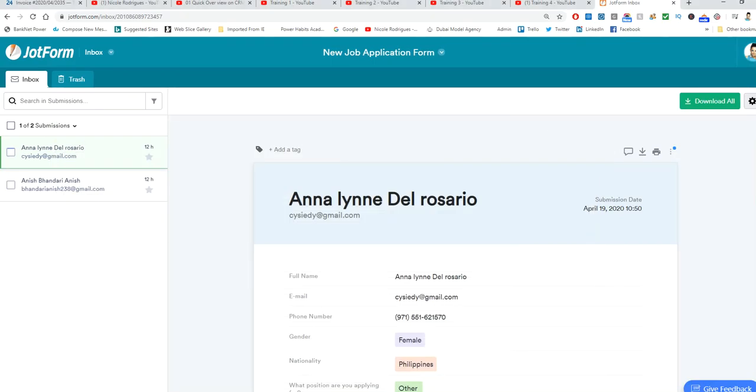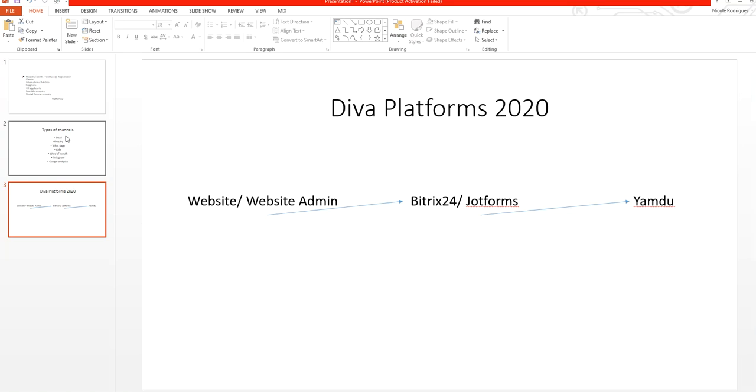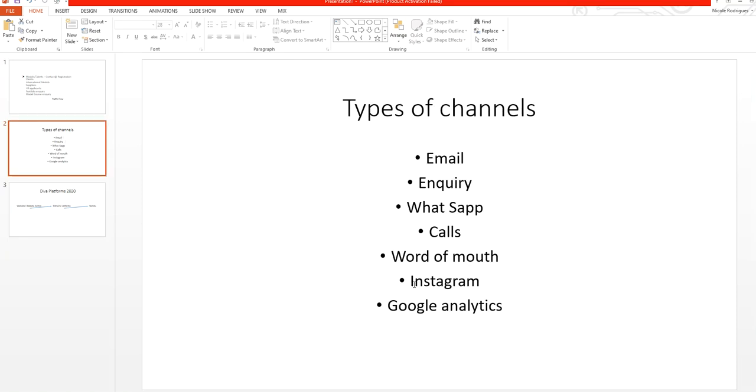All right, this is all about Jotform. Jotform is an external application, but it's linked to our Bitrix system. There are many such applications that will eventually be linked into the system to make our workflow much easier for all of us, and to handle the traffic that comes into the agency much easier for all of us as well. Because then instead of it being with everyone, it's easier for everyone.